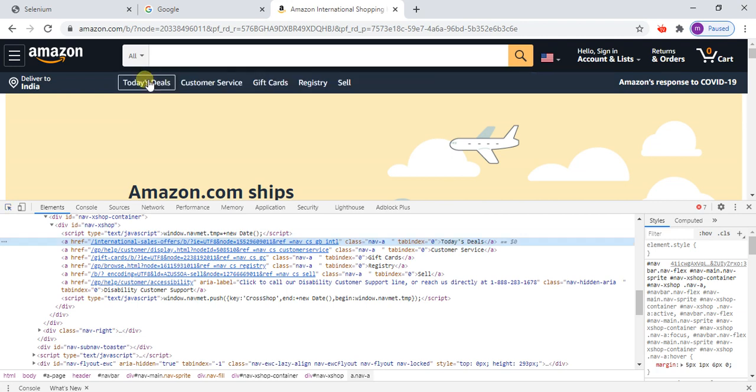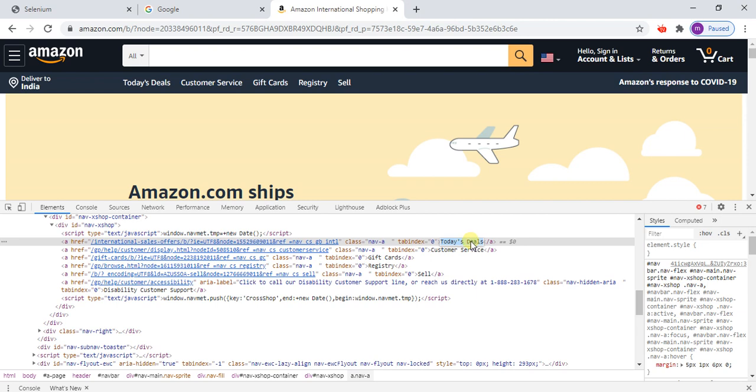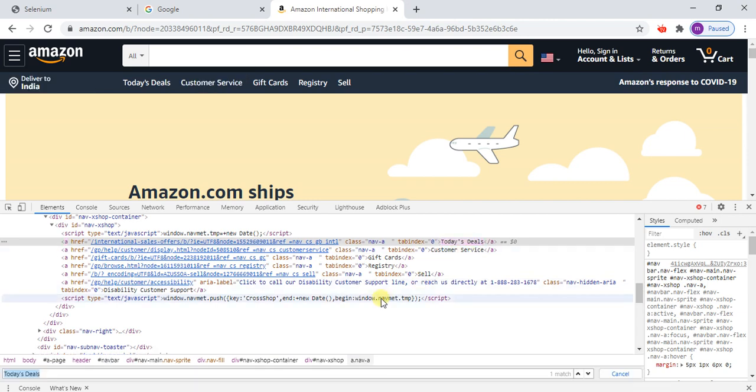See, these are all text functions. Press Control F. You have to identify the tag name.